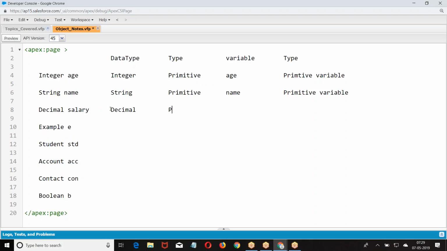This one. Salary. Primitive variable. Example. Is it a primitive data type? Example is not a primitive data type. E is a reference variable.